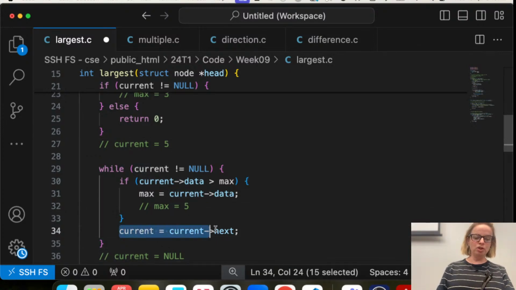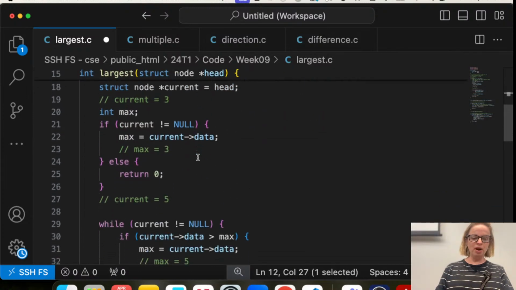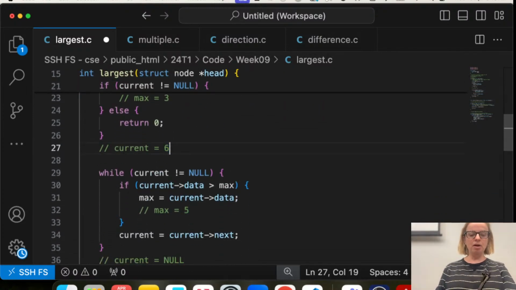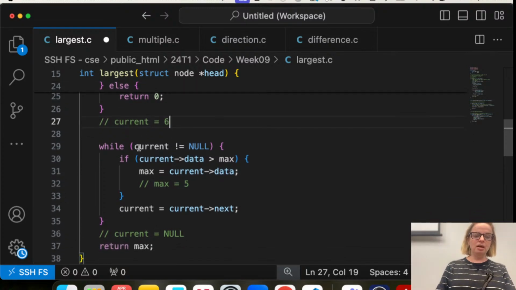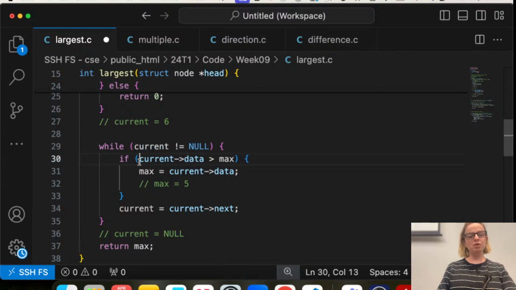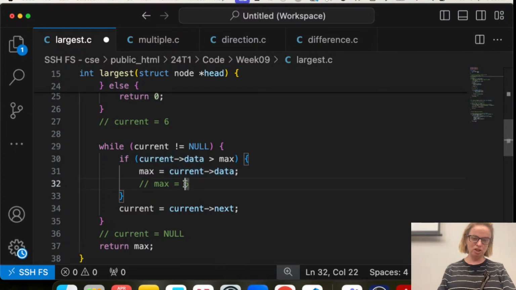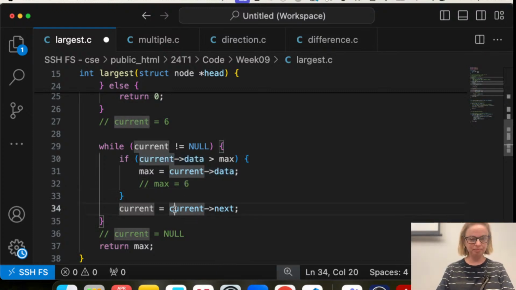And then I'm going to move my current pointer along by 1, from 5 to 6. I'm going to check, is current equal to null? No, it's not, which means I'm going to go in here and check, is current data, so is my 6, greater than max? Yes, it is, which means I'm going to change my max again to be 6.